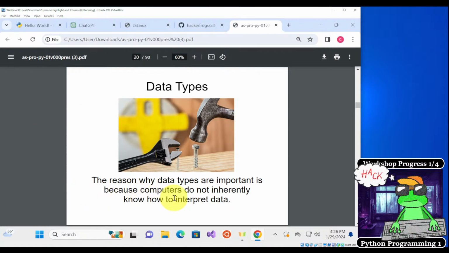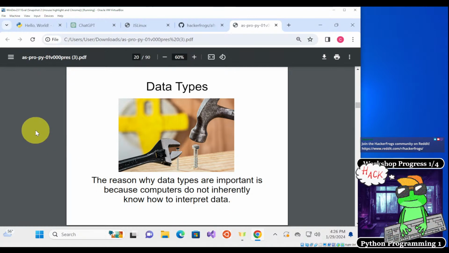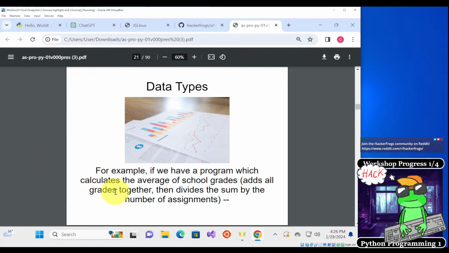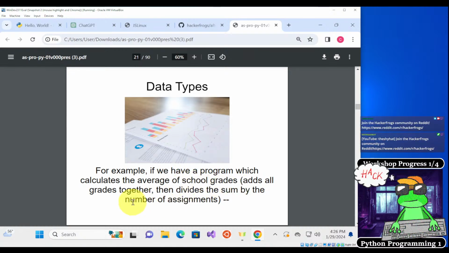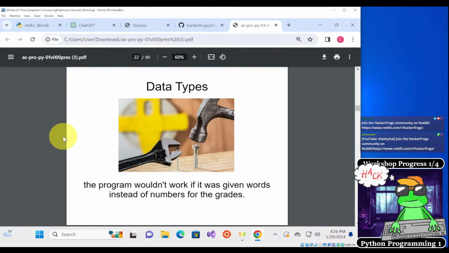The reason why data types are important is because computers do not inherently know how to interpret data. For example, if we have a program which calculates the average of school grades and adds up all the grades together, then divides them by the number of assignments, the program wouldn't work if it were given words instead of numbers for the grades.